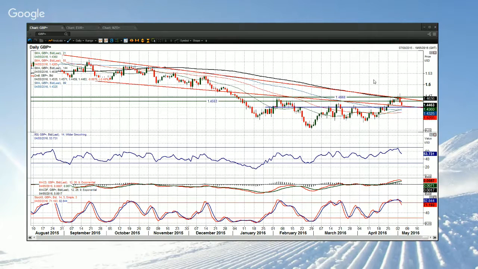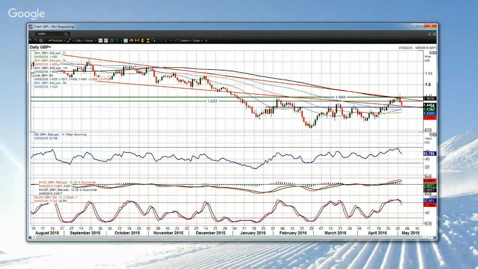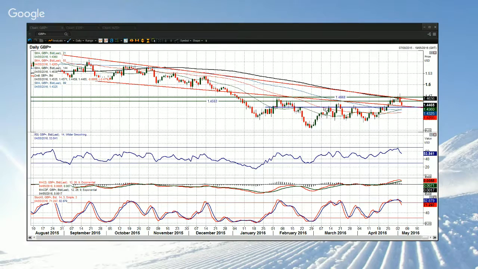So I think this is going to be the basis of a base pattern. Exactly how this base pattern forms, I don't quite know yet, because it could well have another correction. It's coming back already, not far off it, but the 144 figure seems to be a bit of a pivot on this chart. So the 144 figure is a pretty decent level to start thinking about if you get some support coming in there.